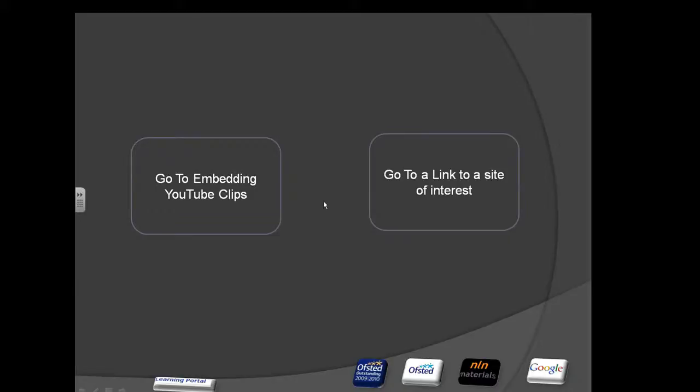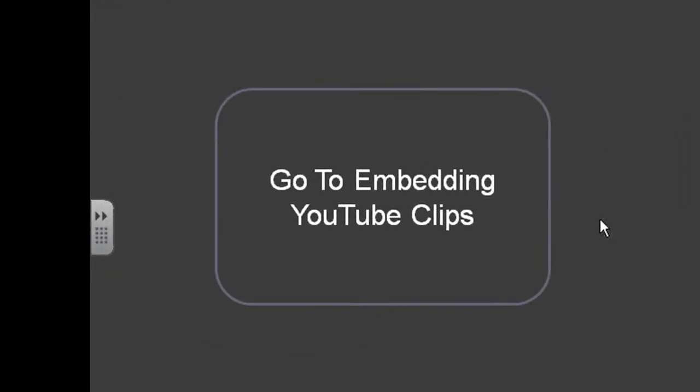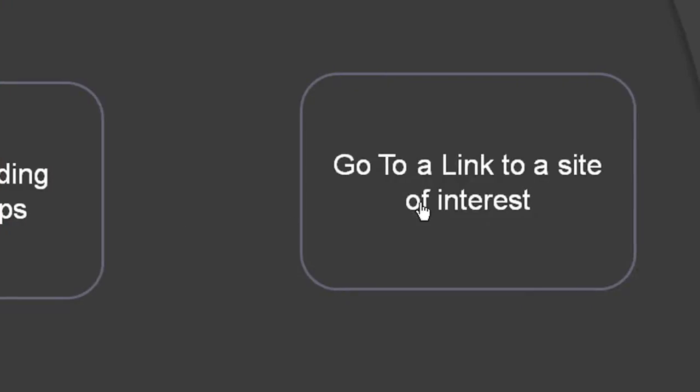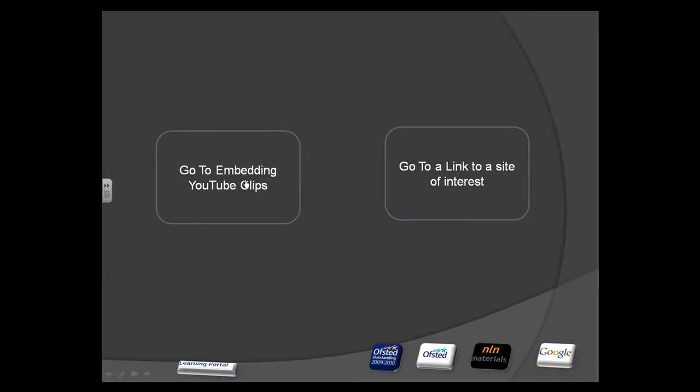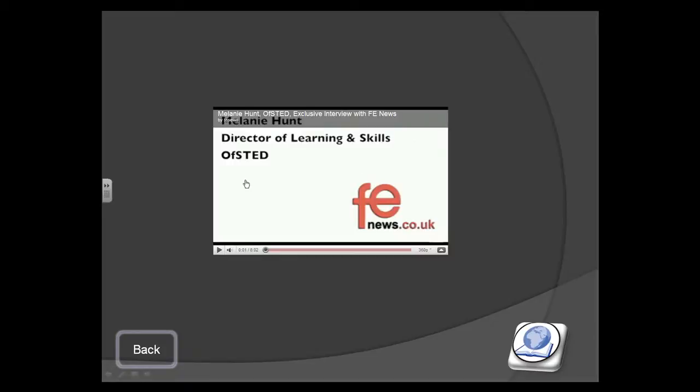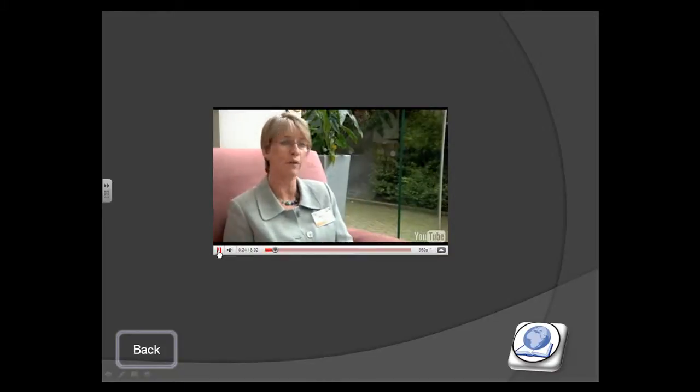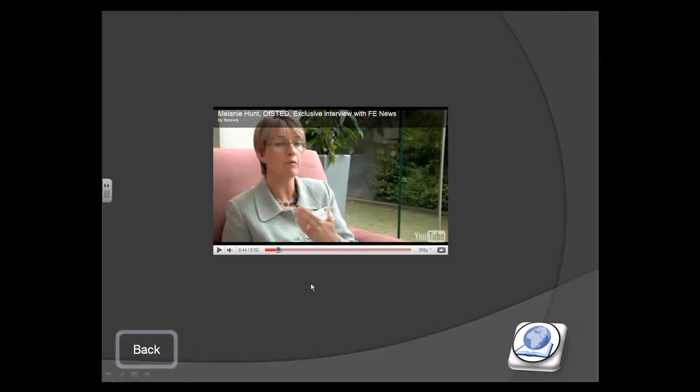We know that it's got a link on it because it turns from a cursor to a hand, and when we press that hand it's brought us directly to the screen with the YouTube playing. We can watch the YouTube playing. When we've finished doing what we're doing, we've still retained the hyperlink which takes us to the web,